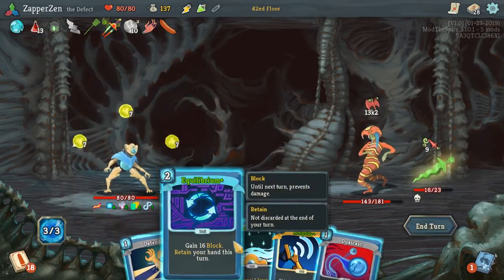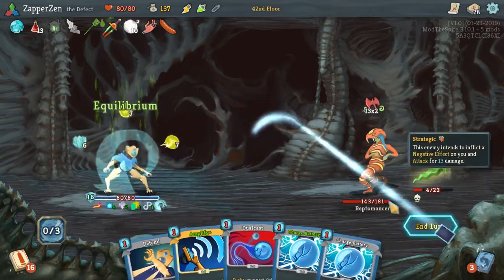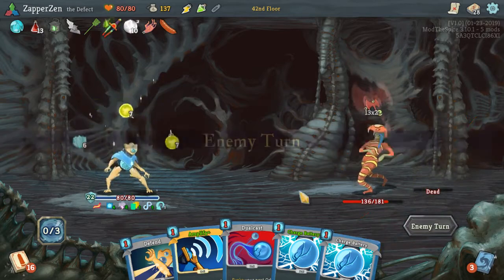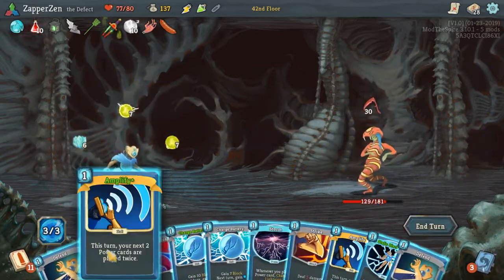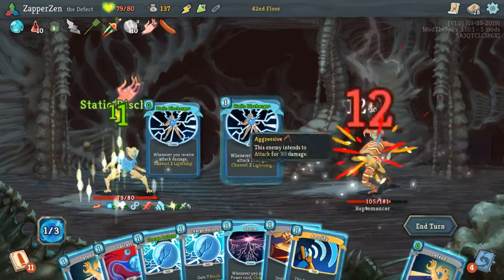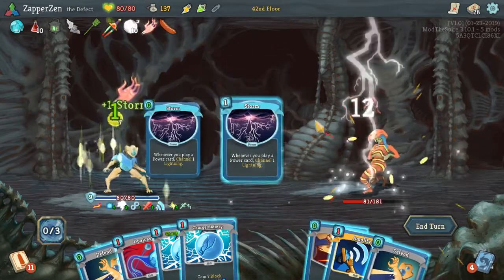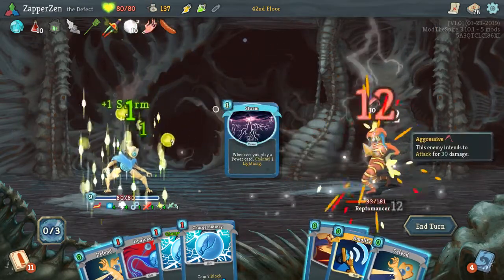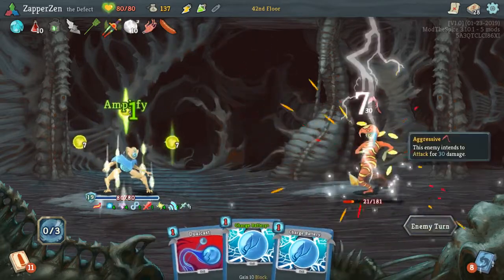The buffer does block the chemical charges as well. Interesting and good to know. So, go on. There's your free hit. I'm going to take 3 damage. And then we amplify. And then we static discharge. And then we storm. And we storm again. And I did that in the absolute wrong order, but that's okay, because...